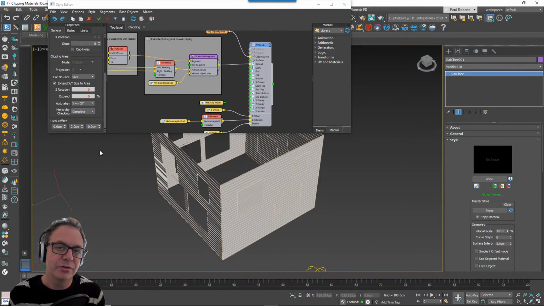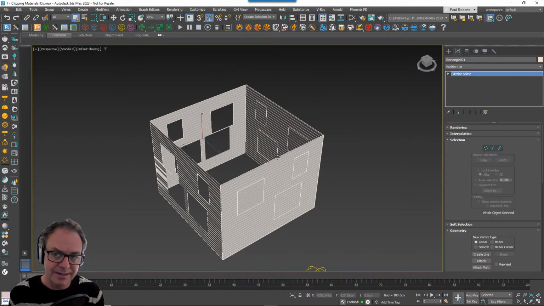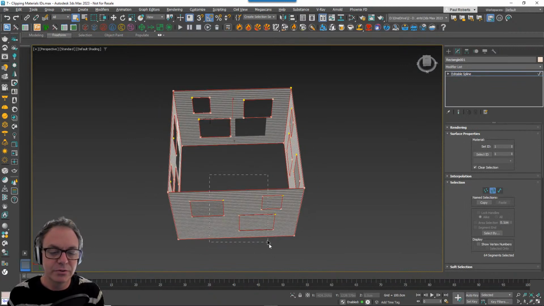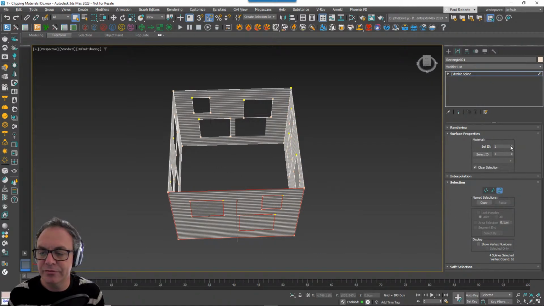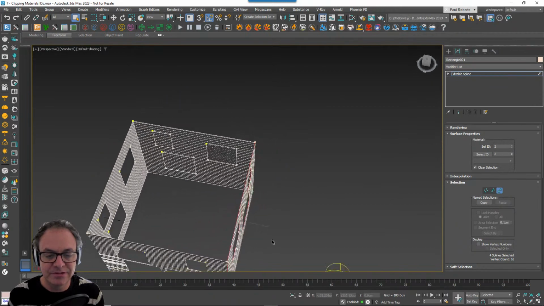We need to give RailClone a little bit of a helping hand to identify which splines belong to which side. And we do that by changing the hierarchy checking mode to by material ID. And then you can start to assign material IDs to these spline sections so that we're telling it which ones belong together. So, for example, we know these are one side, so we'll give them a different ID. And you can see that immediately fixed that side because it knows they belong together.